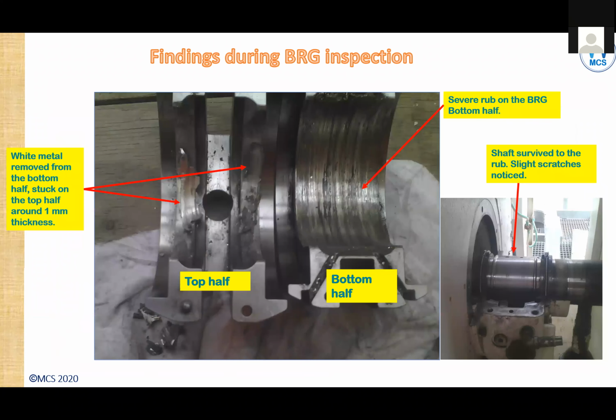Now, this is the damaged bearing actually. The bottom babbitt was totally removed, and it also traveled and got welded onto the top of the bearing at that instant of time. So now we are not getting into the details of what happened, the RCFA and all those things. As I told you, my intention of this presentation is to highlight how the shaft centerline plots help us to diagnose the machinery problems. So this is about the first case study.